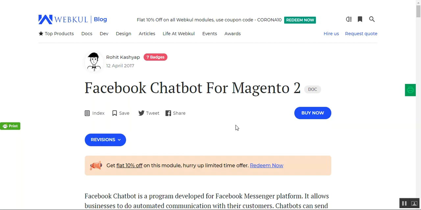Welcome to this new video tutorial of Facebook Chatbot for the Magento 2 platform. In today's video tutorial, we'll be showing you the backend configuration that is required for this particular plugin to properly work on the front end. Apart from that, we'll also be showing you the Facebook end, where we'll be showing you how to generate the